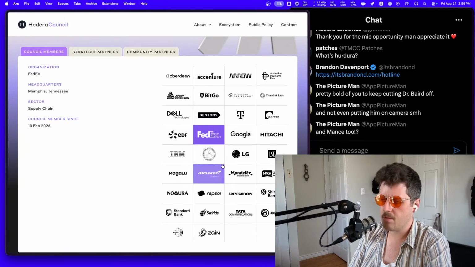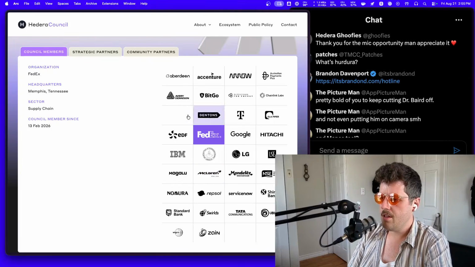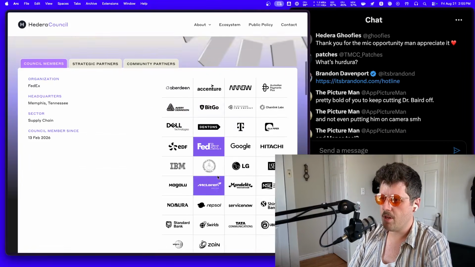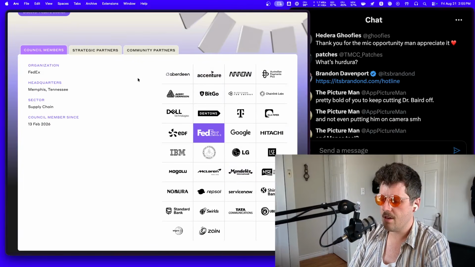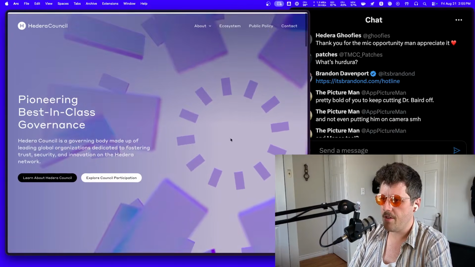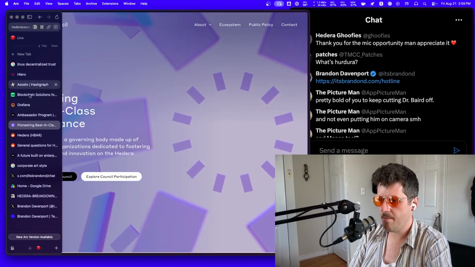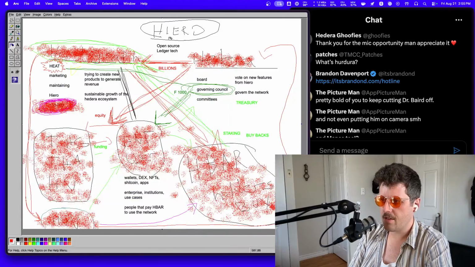Like Dell and all these folks? Probably not, right? These are big organizations, and this is what really the competitive advantage is for Hedera. This is what makes them special, right? But if things like this happen,